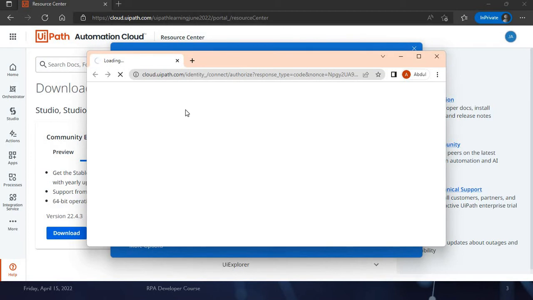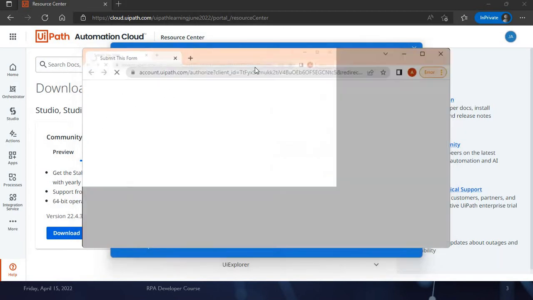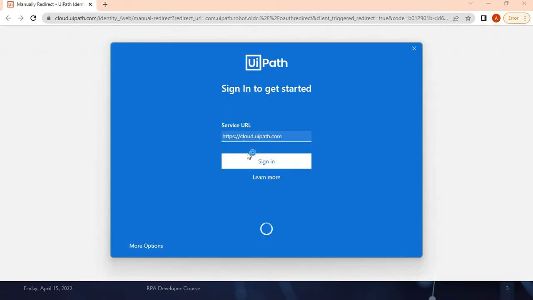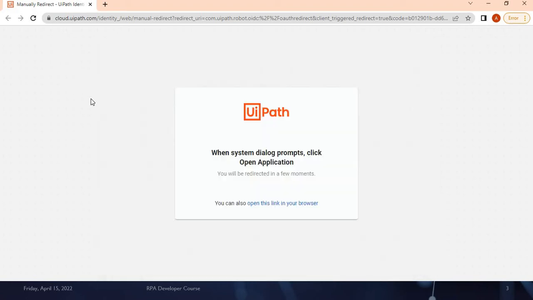it will open one default browser. This is my Chrome, okay. It has opened my Chrome browser again. By default, it has opened. I did not do anything. Once it is opening Chrome, it is acquiring the license on its own because my Chrome is having my Gmail already logged in. Okay,